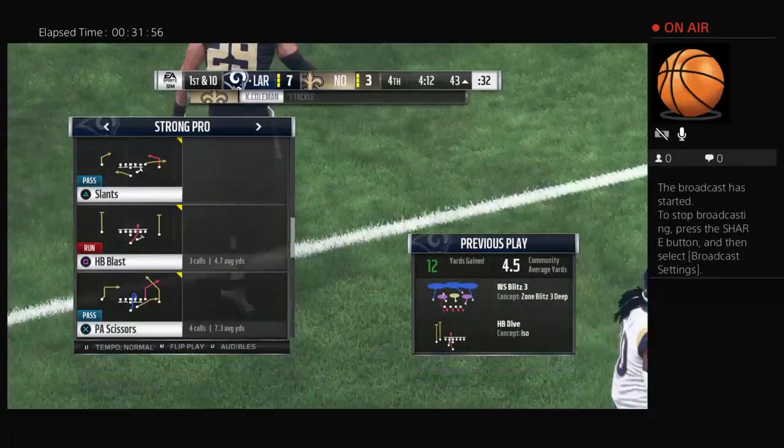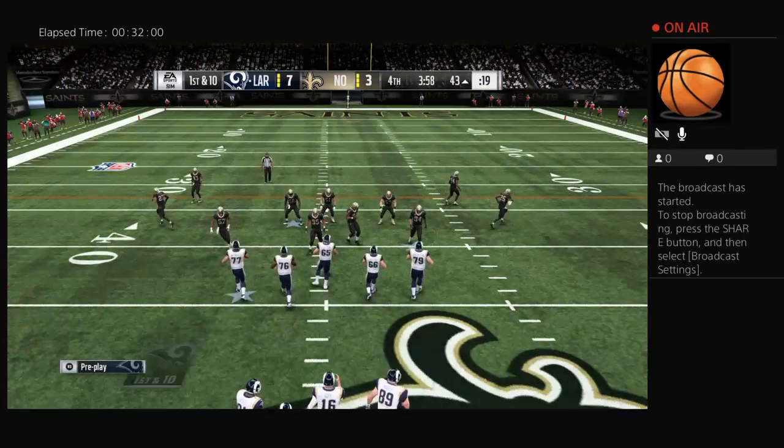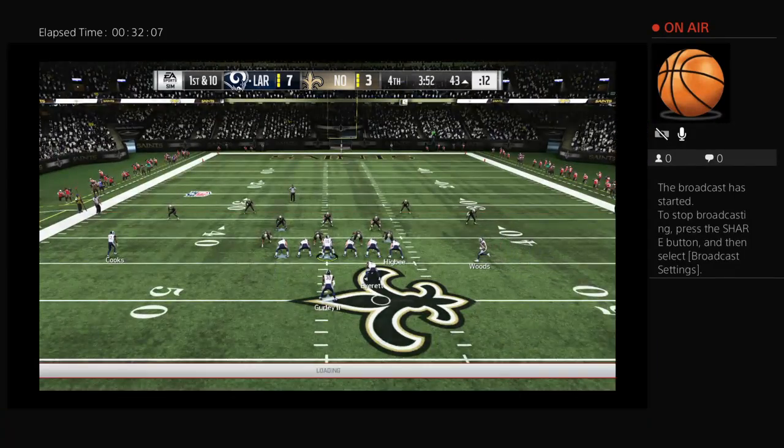Now, I'm guessing you'd say this is kind of the key here. Grind out some yardage, work on that clock, see if you can continue to tick it down. Definitely. You want to bleed things out at this point, right? Continue to possess the football, gain some